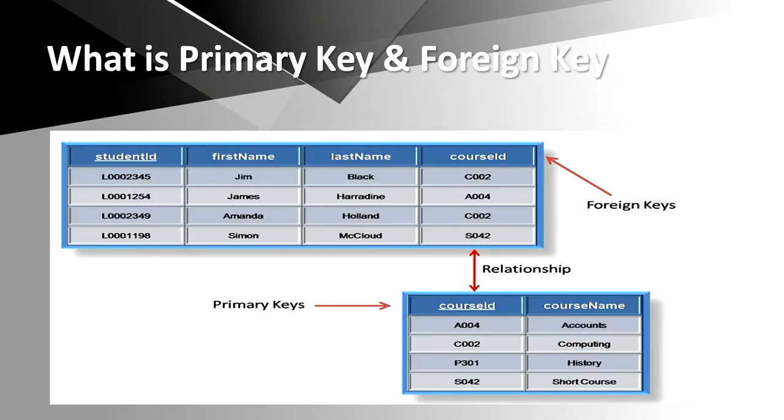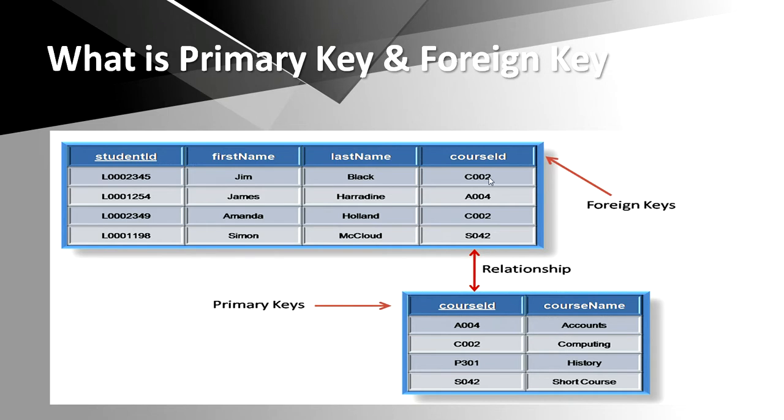If I can divide that column into a table basically. Now you can see here that the course column is replaced by a column course ID, and I have created a new table. Let's say this is the course table which consists of the course name, and an ID is given to every course which will be unique, and that is the course ID.